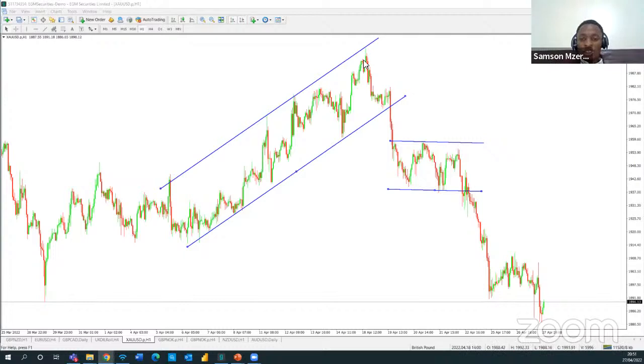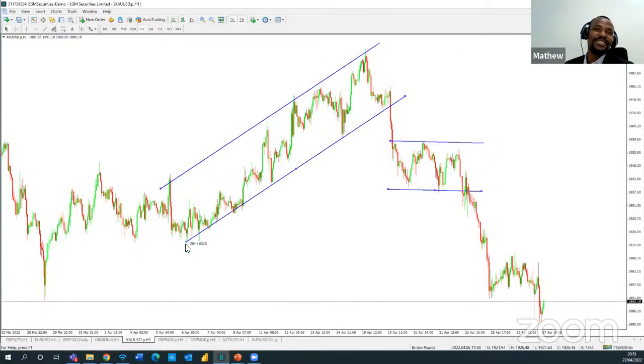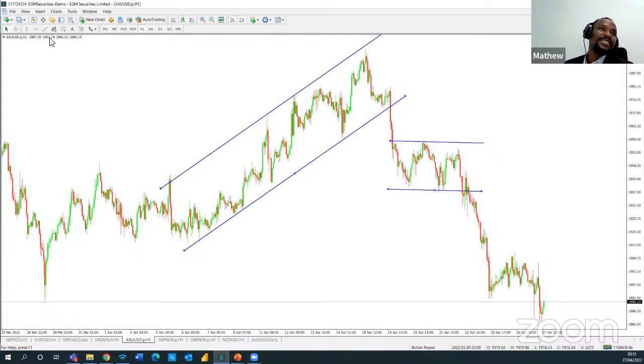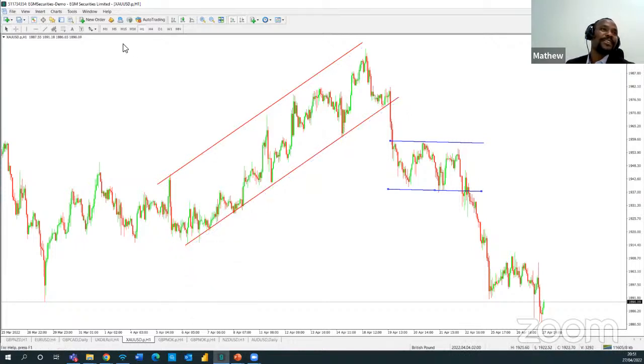Maybe you can show us how you insert the channel objects. Oh, the channel objects, nice one. Because some of us use two trend lines instead of just clicking on the channel. If you look at this one, I can move it the way I want, and it just comes automatically. Instead of using two lines, where you draw a line this way and draw another one this way, what you want to do is, let me remove this one, and you go to the